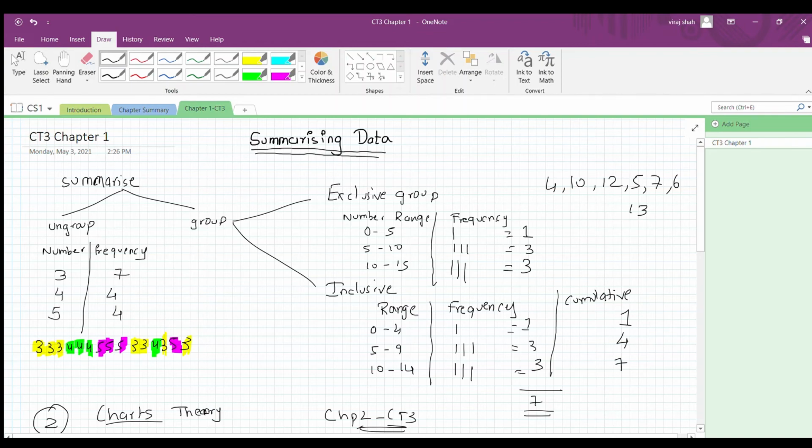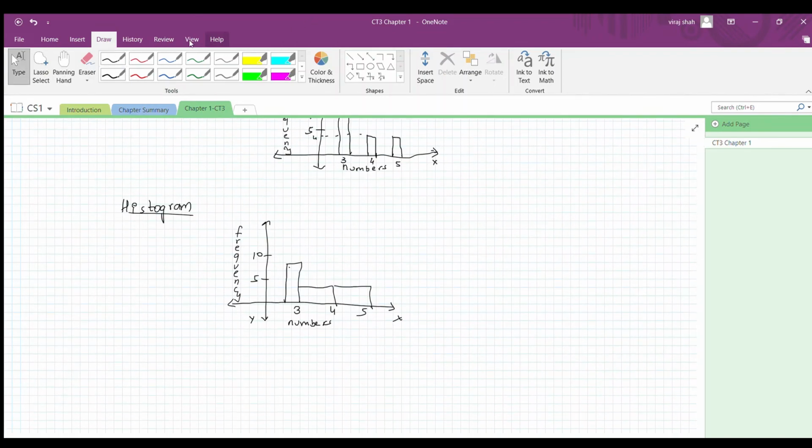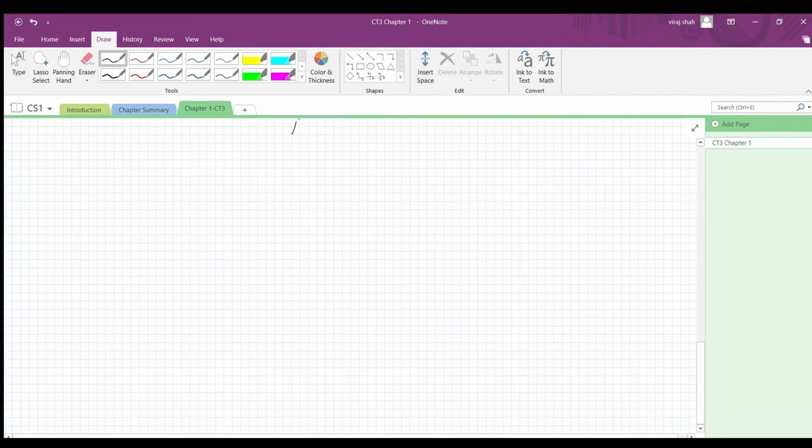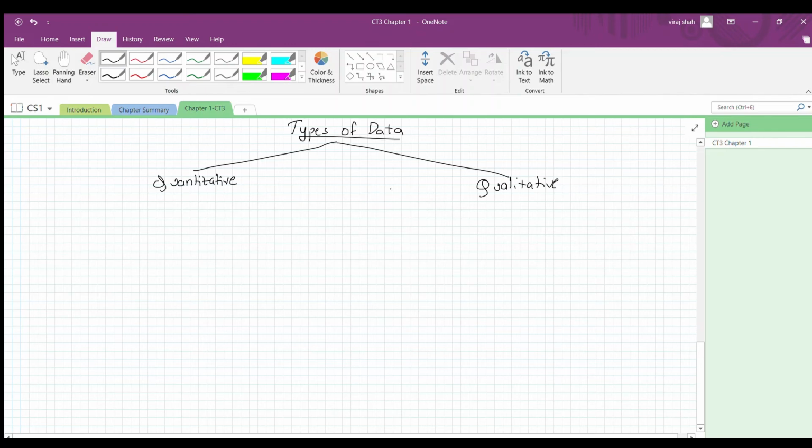Going ahead, what are the different types of data you observe in reality? So what are the different types of data you observe? So let's just classify this into two parts. So yeah, it can be classified as quantitative and qualitative aspect. This line is a bit bigger. Let me just log and write it down again. We will consider two examples or three examples of each, so you do not need to worry.